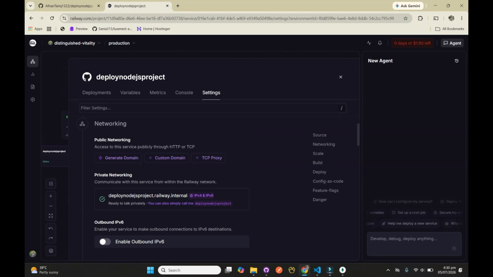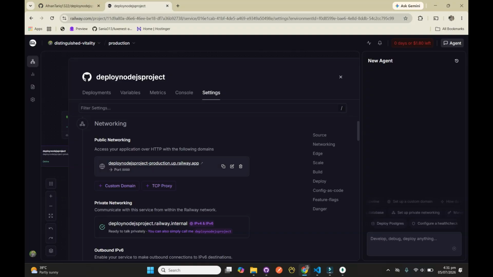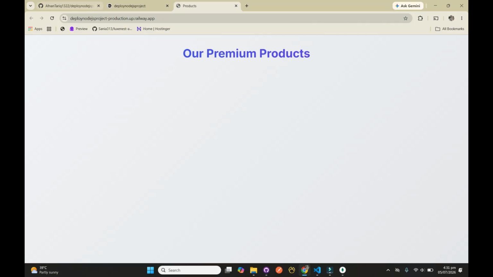And for this, in this section, we can add a custom domain as well if you have any. And if you do not have one, simply click on Generate Domain. Here we need to mention port 8080, and click on Generate Domain, and it will automatically show you this domain here. So I visit it, and now here you can see my project is live without any error. Just one thing is we did not have our products data,